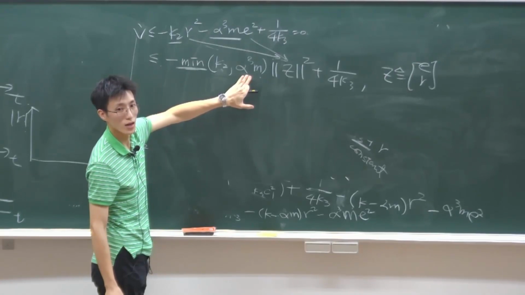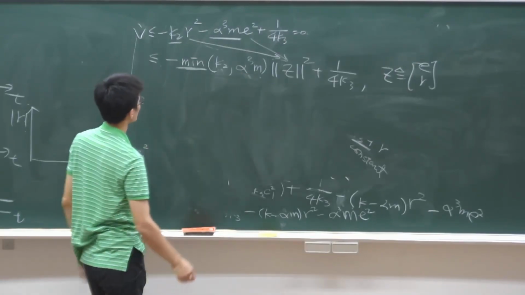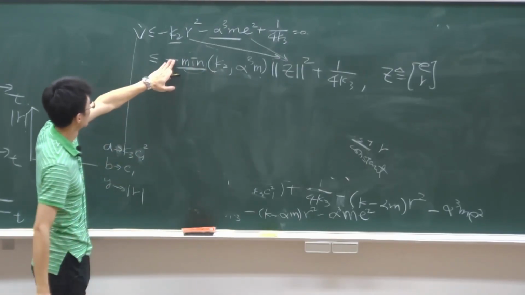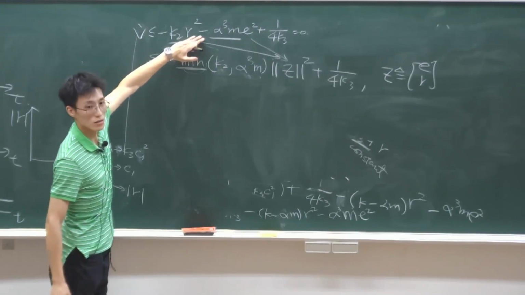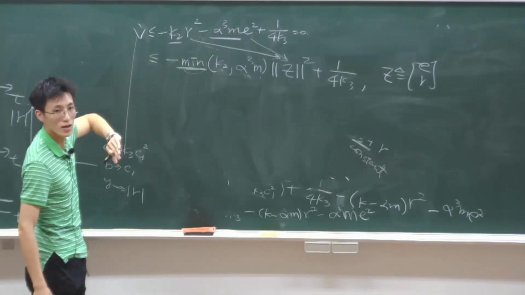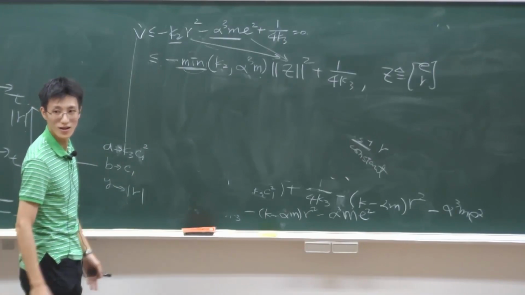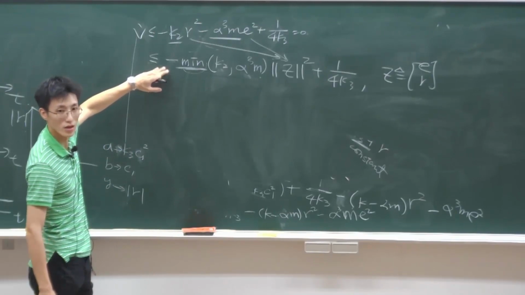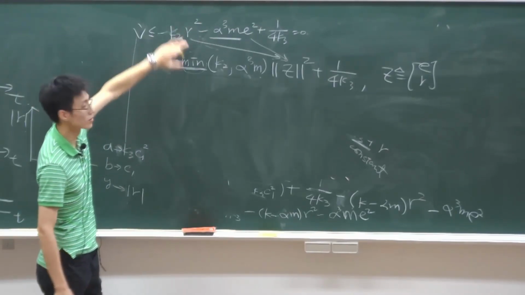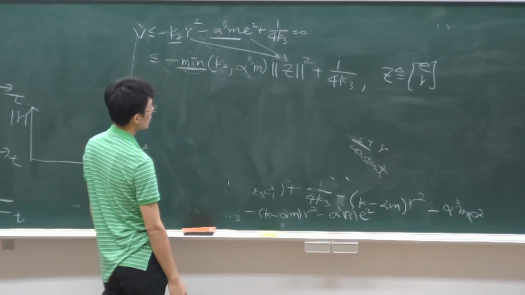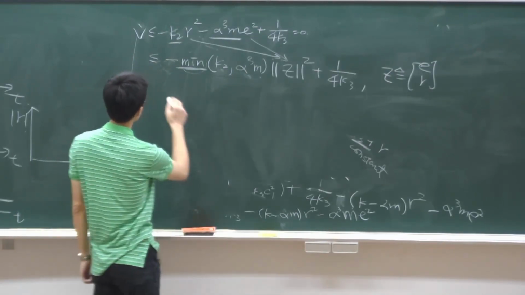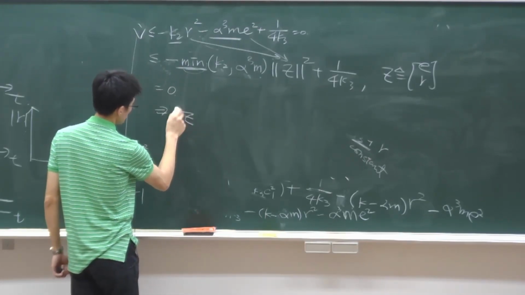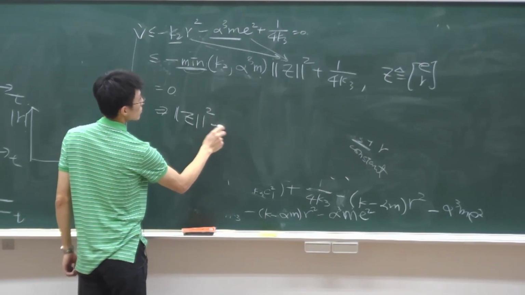Do you understand? And you put the minima because there's a minus here, so that you can upper bound this inequality. Any questions? You can upper bound this, right? Use this to upper bound this, right? And we put this one to be 0. That gives you the Z norm squared to be